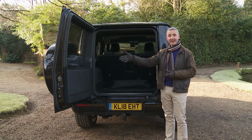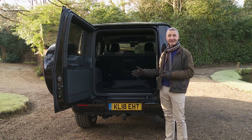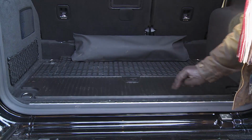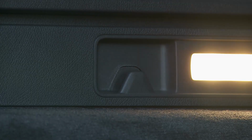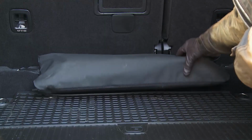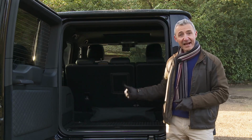The upright tailgate helps in that regard. There's a low loading lip too, although it's practically embellished with this easily scratchable chromed strip. A heavy-duty rubber mat protects the floor and it's surrounded by 4 silver tie-down points. There are bag hooks on both sides, and on the left there's a netted storage area and a 12-volt point. This long zipped-up pouch here at the back holds a rolled-up loading net, and a ski hatch is provided for